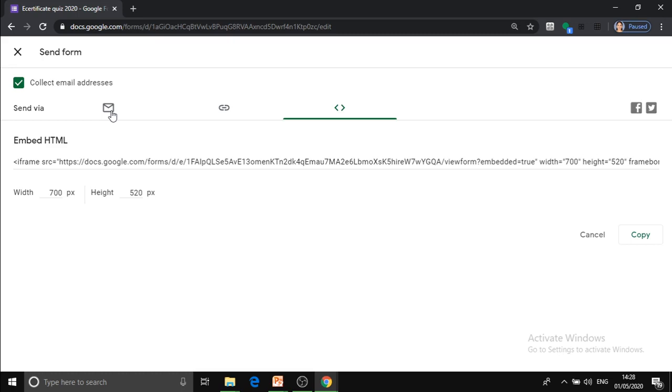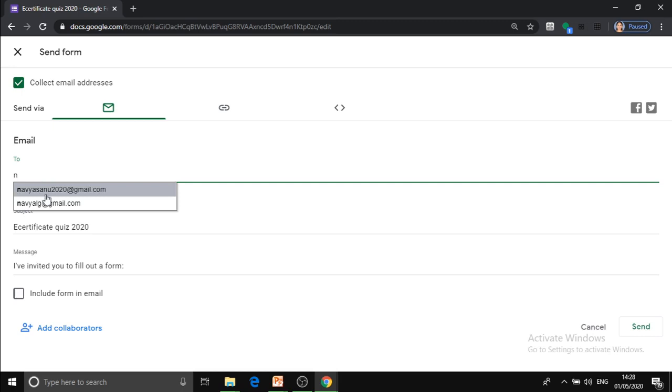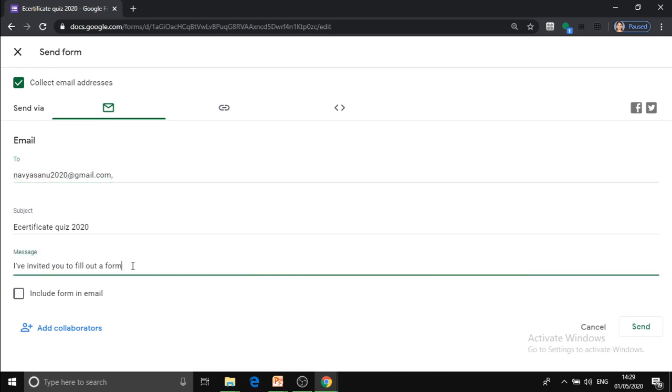Now I am going on to this mail option. So in the mail option, I can mail this particular activity. So I can write my mail ID, select the mail ID, and I can write the subject as e-certificate quiz 2020. Now I can write a message to the participant that I have invited you to fill out a form. This is already there, so I am adding on to it, fill out a form,